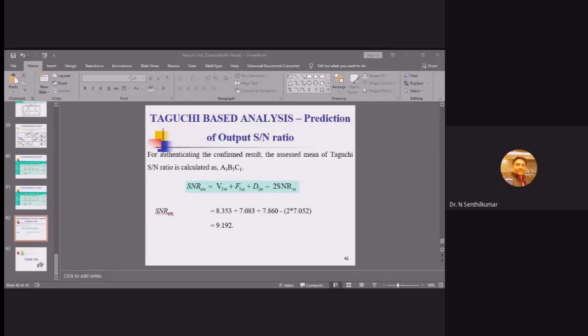Suppose out of the three I have chosen L9, but then I am asked why I didn't choose L18, since it will give better precision. What is the answer for this? I am a reviewer; if you have chosen L27, I can ask you why you are choosing L27 instead of L9. Right, sir. It all depends on the people.